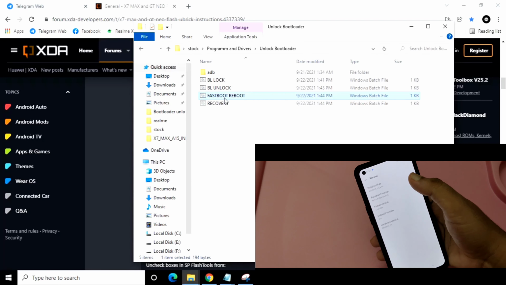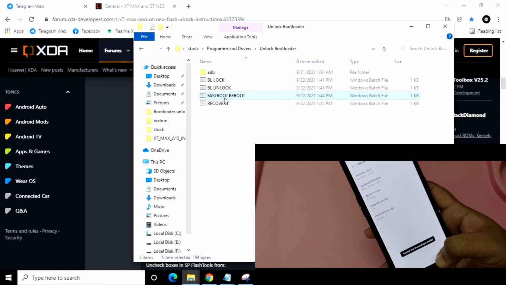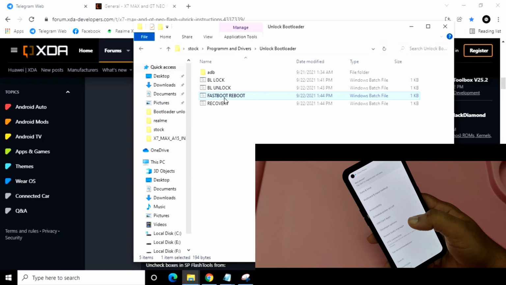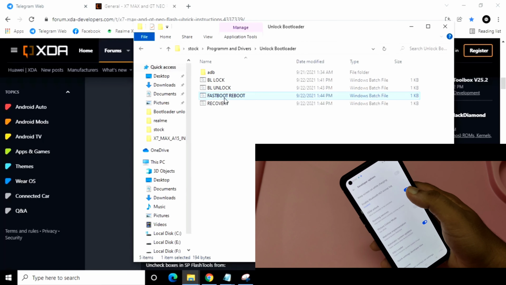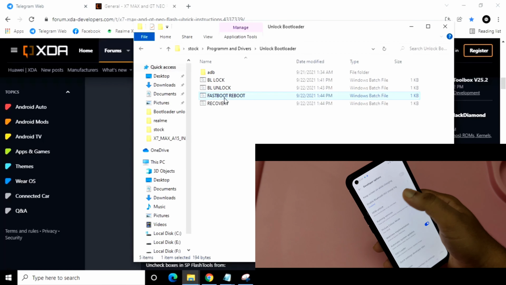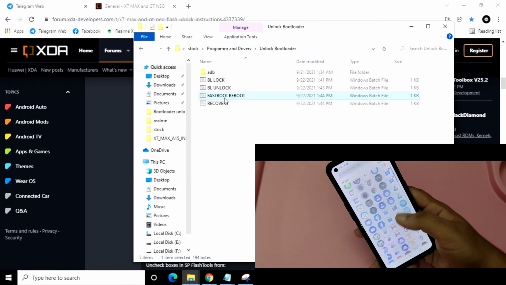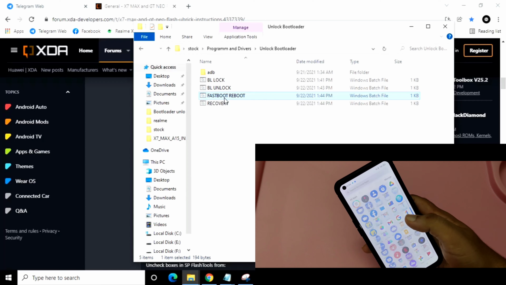Here, let's click on settings and about phone, and as you can see, it is A15 here. Let me enable the developer options, go to additional settings, click on developer options, and you can see the OEM unlocking option. It is grayed out, which means the bootloader is locked.